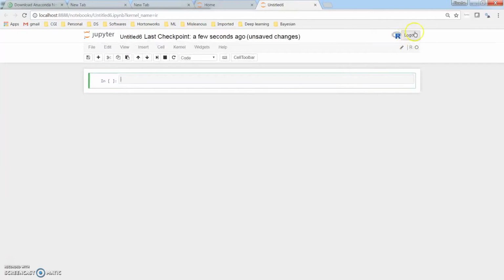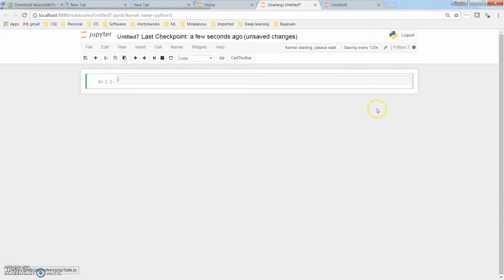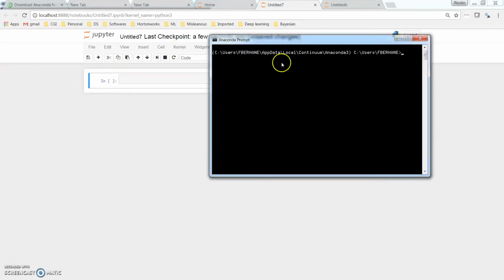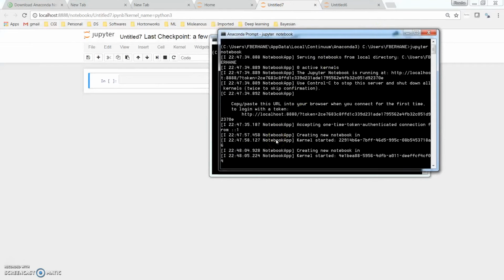So if I click here, it opens an R session, and you see a logo for R here. Whereas if I open Python, the logo here is the Python logo. And actually on the same session, on the same notebook, we can switch from R to Python and from Python to R. We will see an example at the end once we add Octave and Julia. So now let us kill this Jupyter Notebook. Let's stop it and install Julia. Control C.